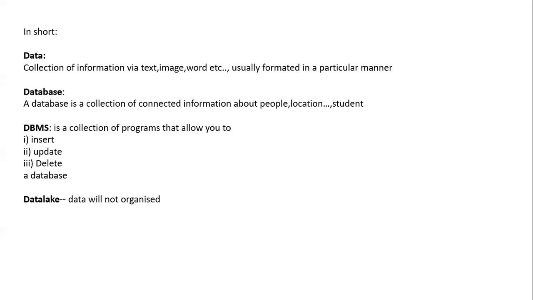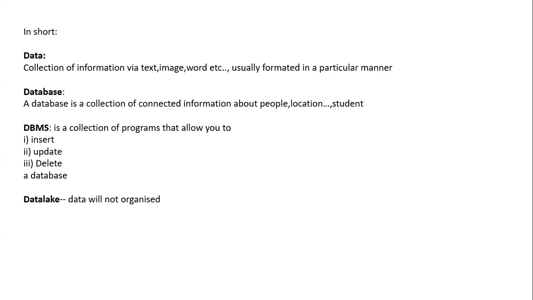Coming back to the database, a database is nothing but a collection of connected information. Let's suppose we take a student database: only data related to those particular students is connected, collected and maintained in a database, whether a student's phone number, address or ID.